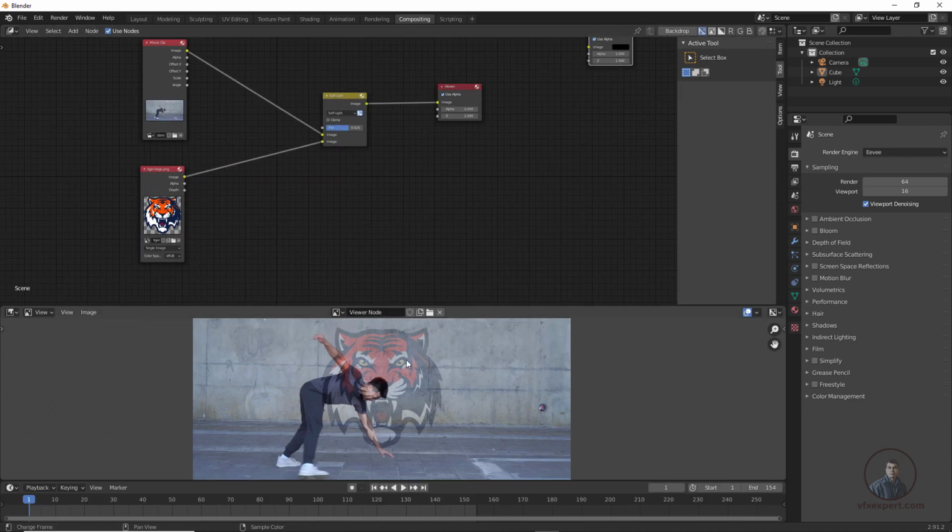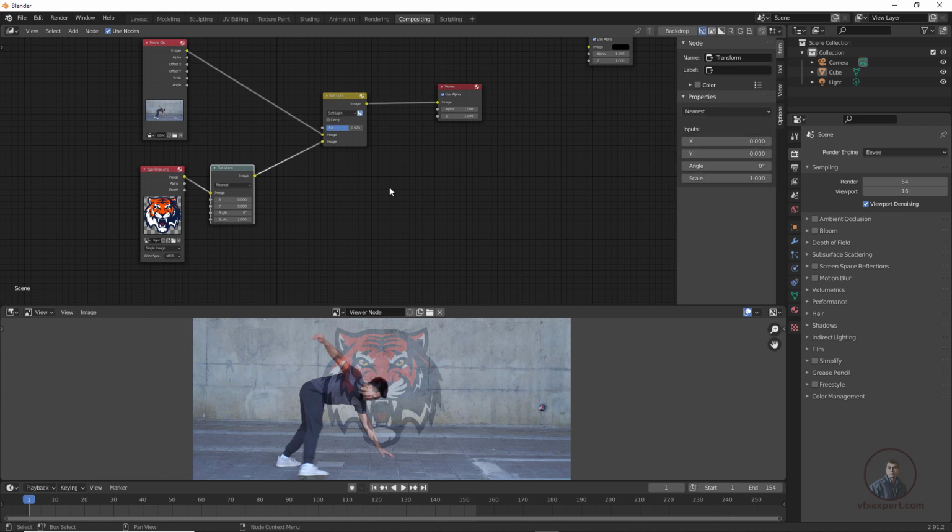Then after this, suppose you want to reposition your object or rescale it, then we have to use a transform node after this one. So again click on add, then click on distort and click on this transform and connect it here. Then from here, if you want, you can change all these values. Even on the right side, you can simply click on this item option. Whatever node you select will display here in this properties option. So just open this one. Same options we will get here. Here I scale this one a little bit, maybe 0.4. According to requirement you can scale it here. Then I want to move it here, so you can use this X and Y value.